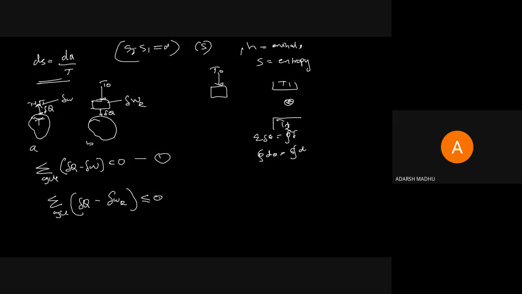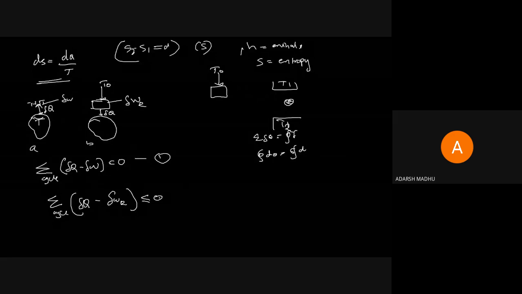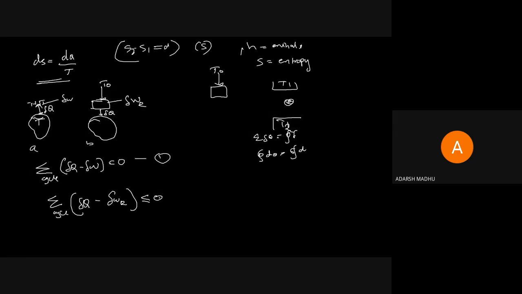If these two systems are not, you have studied a machine called PMM2, the perpetual motion machine of the second kind. That is impossible. That is, heat is received from a single reservoir. Convert that whole receiver into a single reservoir, and heat transfer happens with a single reservoir only.